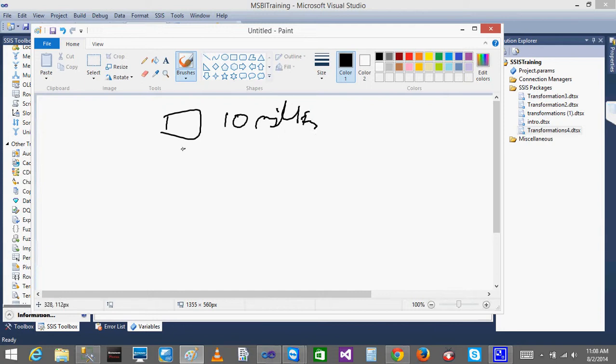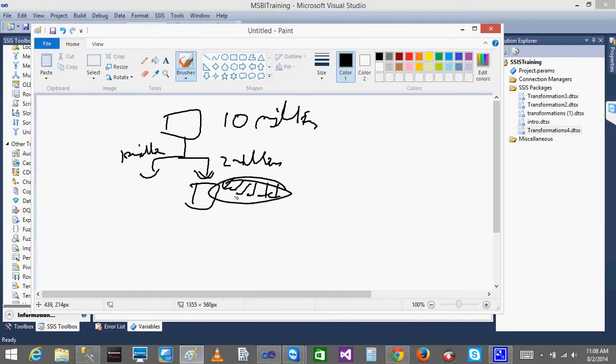Out of 10 million records, 1 million records are inserts, and 2 million records are updates. So for the 2 million records, this OLEDB command will run record by record, 2 million times. So it's a waste of time.